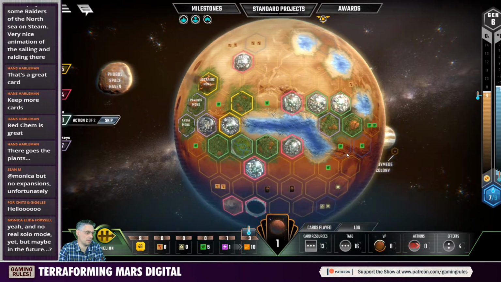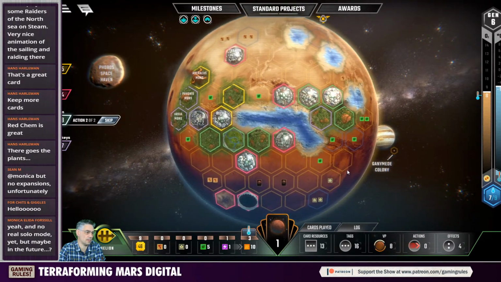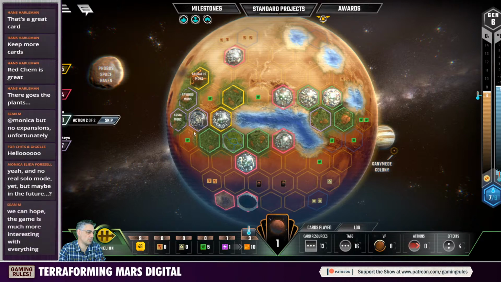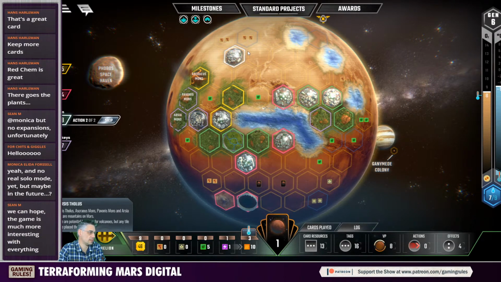And what else do I want to do? Let's have a look. We could have some more lakes on the board. Probably could put another city on the board, but I'm not sure where. Because I want to put it next to some greenery, and there's already a city there. I can't put it there. So...